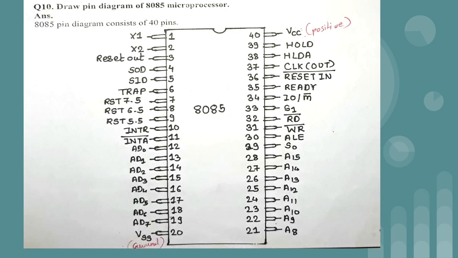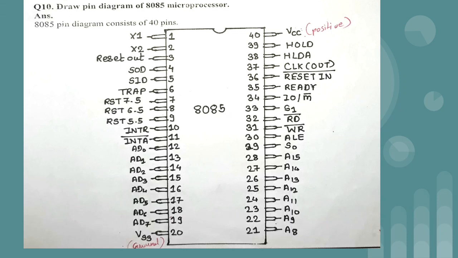After the A15 bus line, we have S0, which is one of the inputs with the help of which the read and write operations are performed, depending on the value of S0, present at pin number 29. And just see pin number 33, S1. So these are two serial inputs, S0 and S1, whose values we will set, and according to the setting of these values, different types of read and write operations or halt operation are performed.